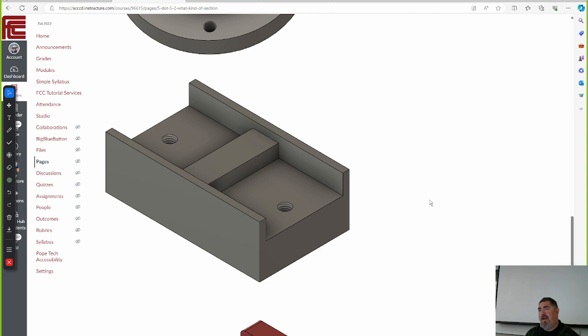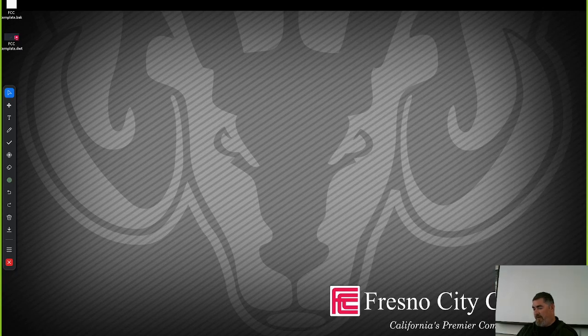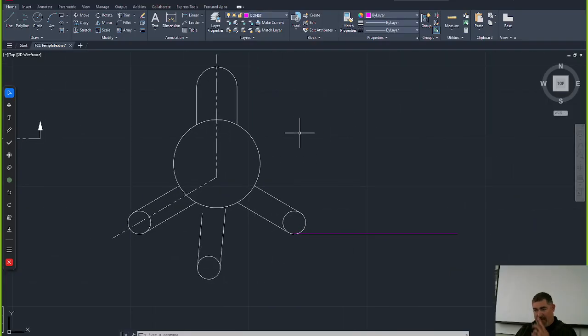That's another one that's kind of like a half section, but easier. Broken out, because we don't have to do the section line. We can just draw a squiggly over here and then break it out. How would we, actually, I don't think we've talked about that. So how would I do that? If I had